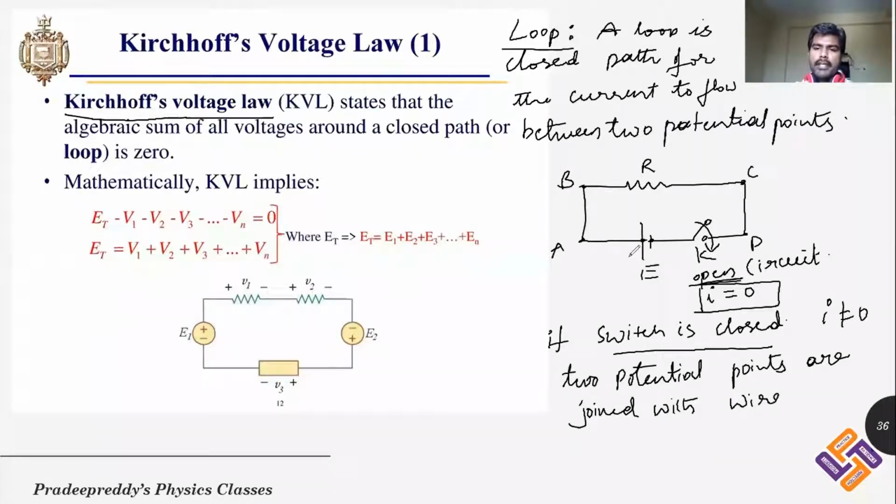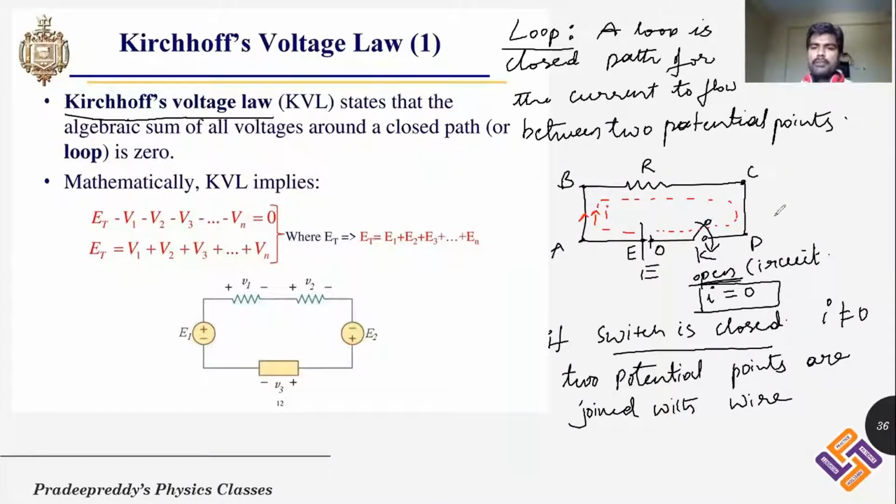So potential point here is E, potential point here is 0. E and 0 are the two potential points which are provided by the battery. E and 0 are connected with a wire. Therefore, greater potential is E, lower potential is 0. Therefore, charge is able to flow, current passes from E to 0. We say that the circuit is being closed. In such a closed path, there is current flowing in this direction. There is some current flowing from the positive terminal of the battery to the negative terminal of the battery, and that current I am naming as I.